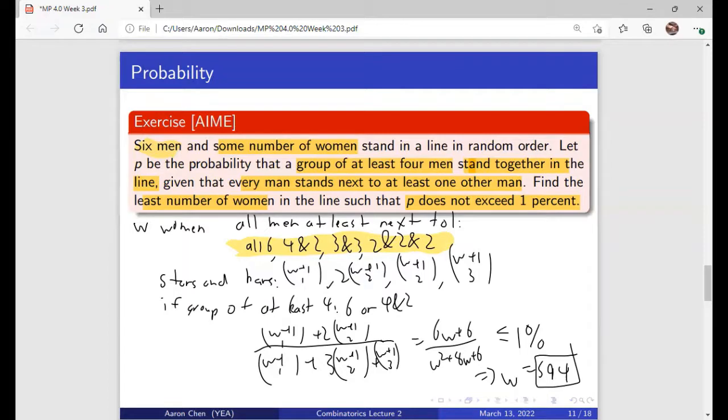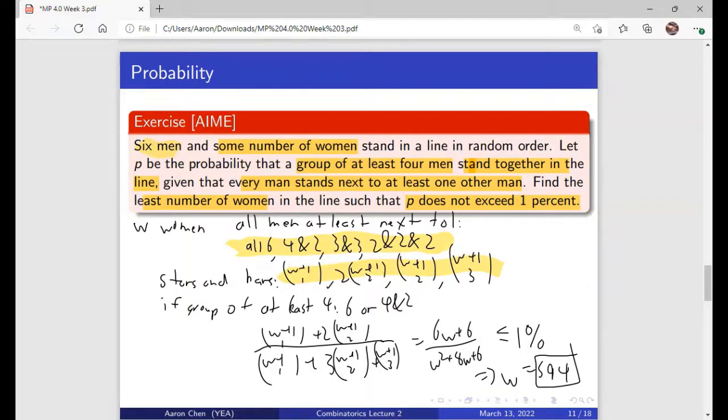And so we can just directly apply stars and bars here, and what we can get is that, respectively in order they are,